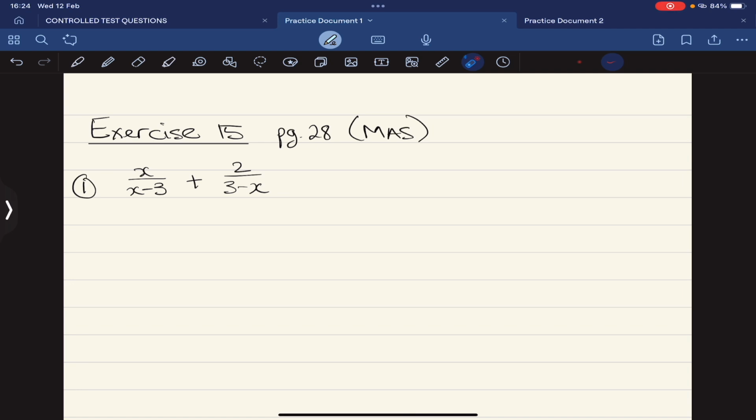The first step is to check if you can factorize the denominators. The denominators are fine, they are factorized. They cannot be factorized any further than what they are now. So that's fine. Then the second step says that you should check or consider whether or not to apply a